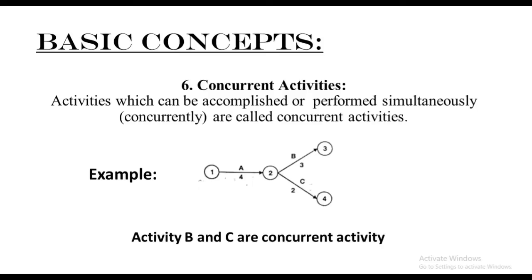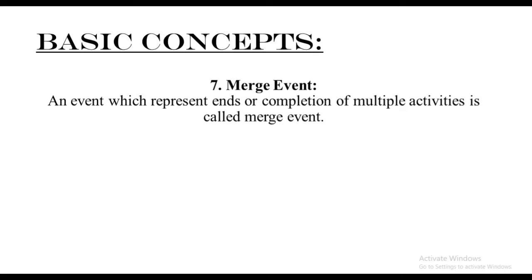That was concept number 6. Next, we have the merger event. An event which represents the end or completion of multiple activities is called the merger event. Merger is nothing but when you're merging two or more events into one single event, whereby you're representing it as the end. Example, if you look carefully here, we have activity C and activity D, two different activities,